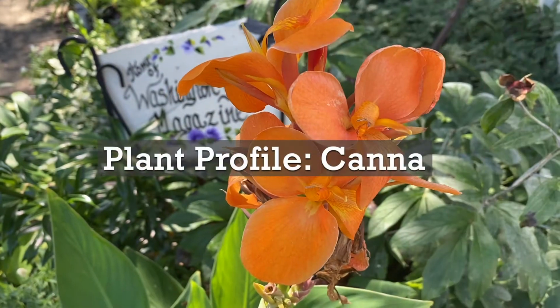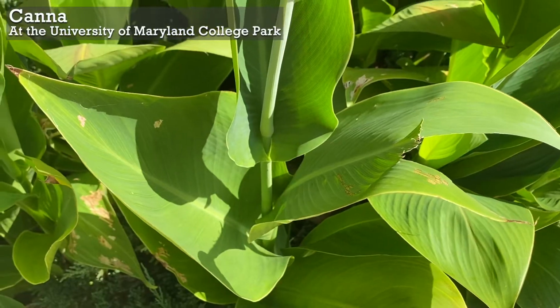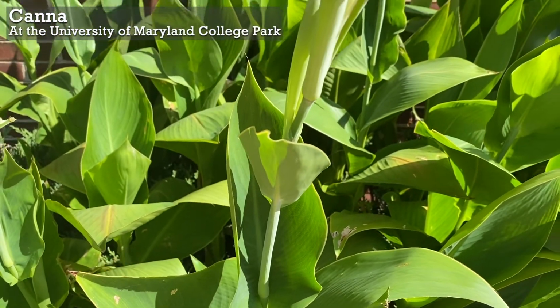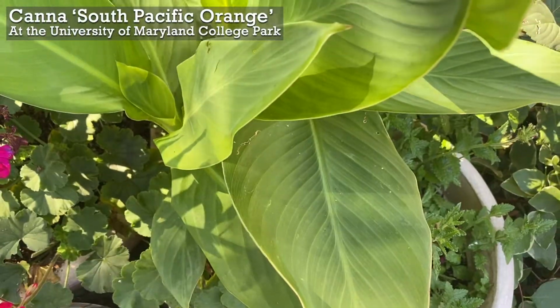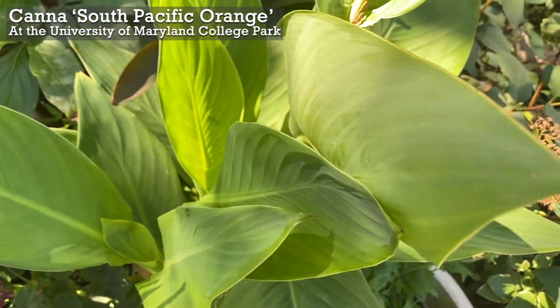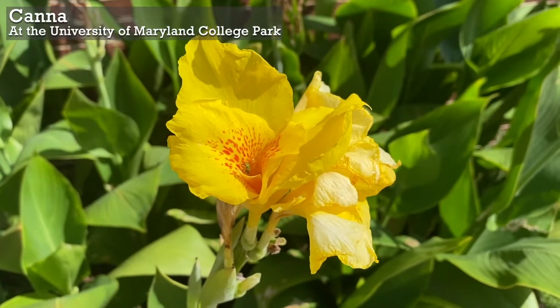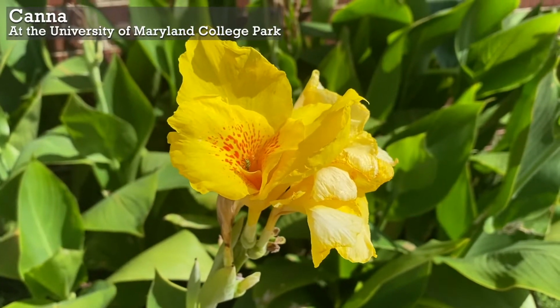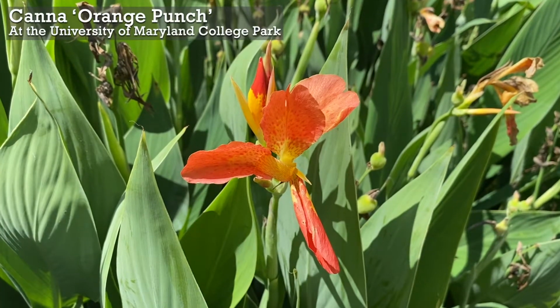Plant profile, Canna. Canna is an annual tropical flowering plant that lends drama to the landscape with its fabulous foliage and colorful blooms in midsummer in our mid-Atlantic region. The foliage can be green, bronze, burgundy, solid, or striped. The flowers can resemble an orchid, iris, or gladiola, and have a sunset-like color range, from pinks to yellows to